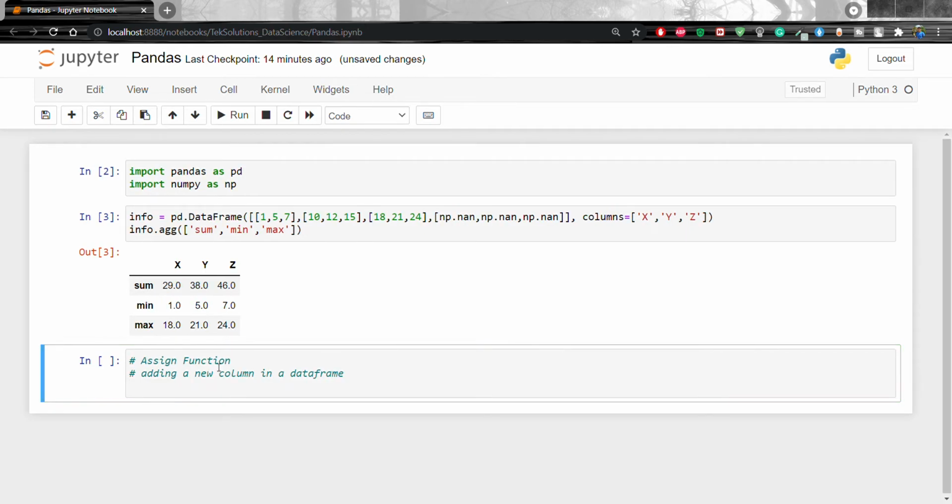If we reassign an existing column, then its value will be overwritten.